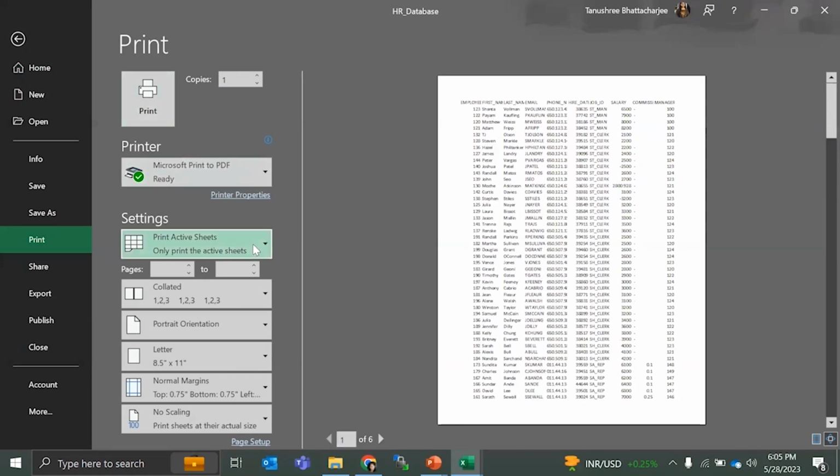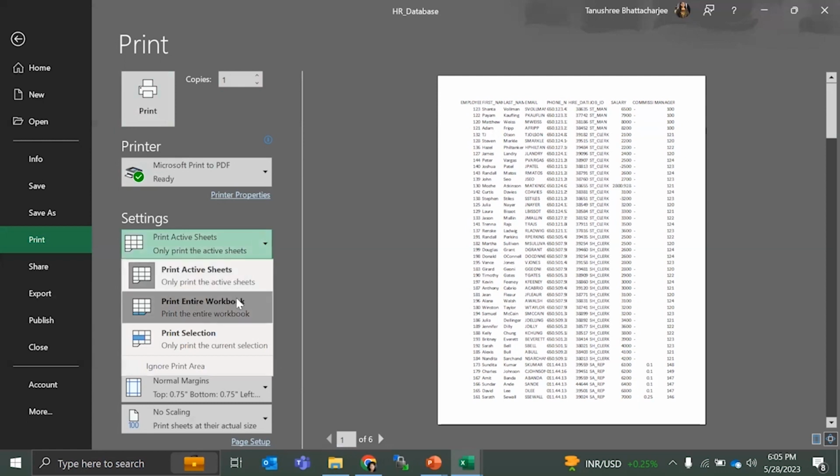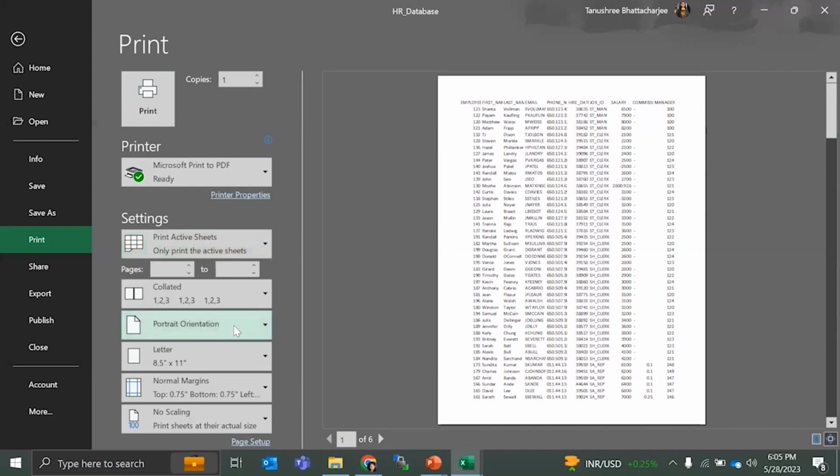If you want to print only some specific sheets, you can click on Print Selection, or you can print the entire workbook. So if you have multiple sheets, you can print all the sheets. If you want to print only the current sheet, you can click on the current sheet. Okay, now